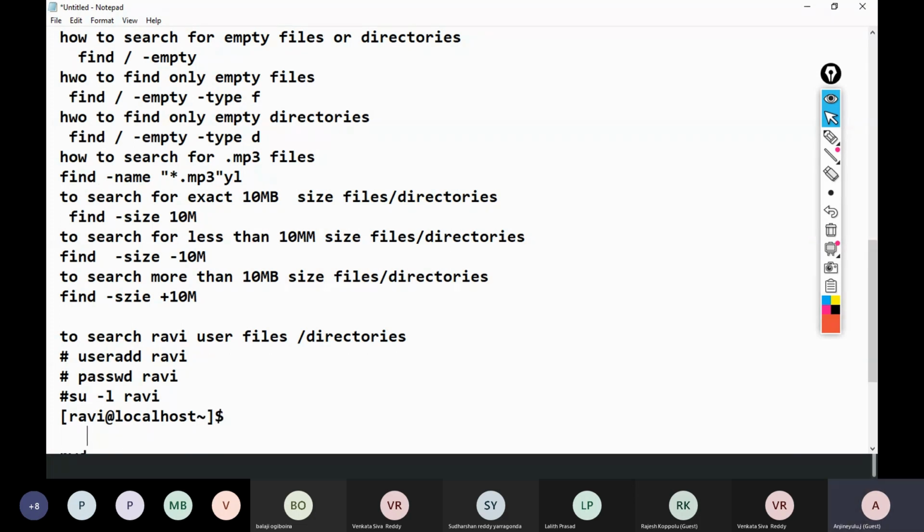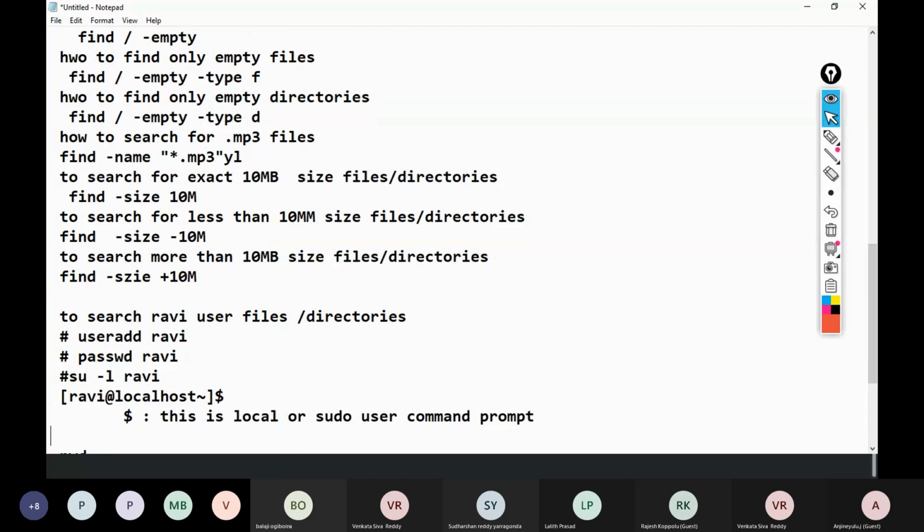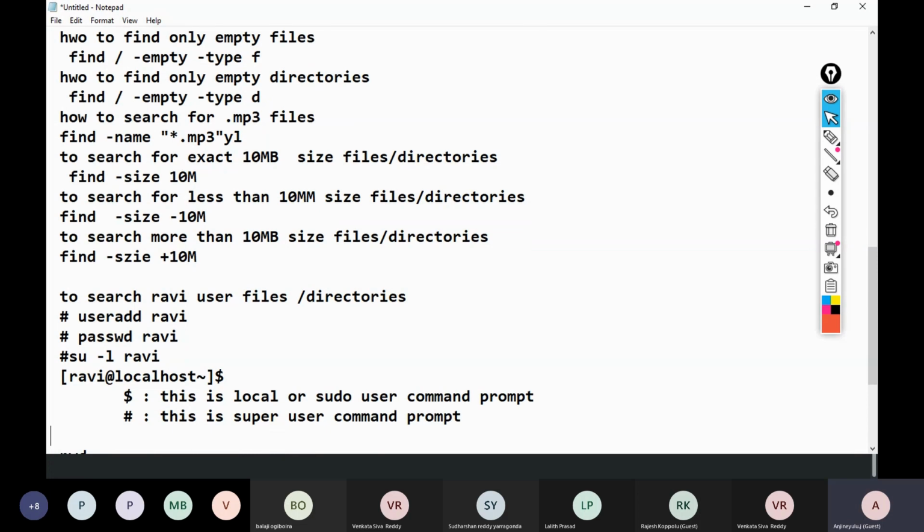You should remember, if you are at the dollar symbol, this is the local or sudo user command prompt.